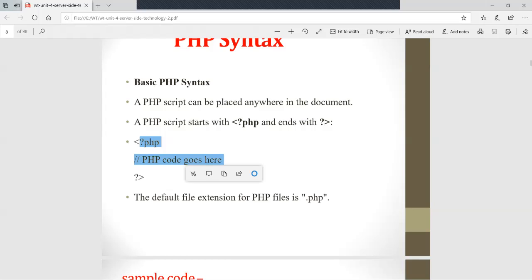One more thing: when you want to print anything on your output screen in C language, you use the printf statement, right? So when we go for PHP and want to print something on the output screen, we use the echo statement, ECHO, echo, then double quotes, and whatever you want to print. Suppose echo "hello world"; then on the output screen hello world will be printed.